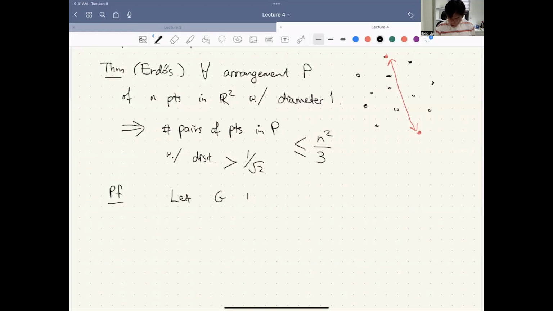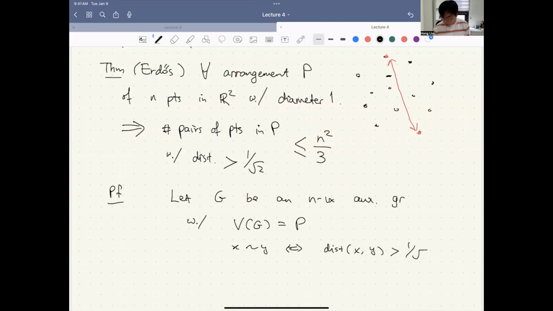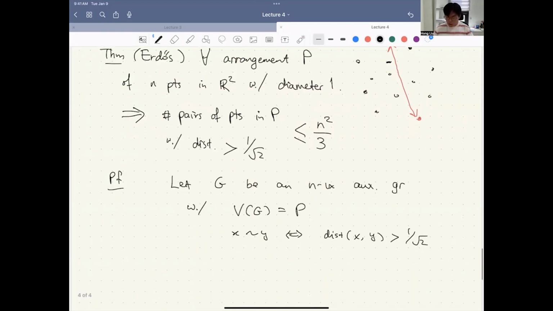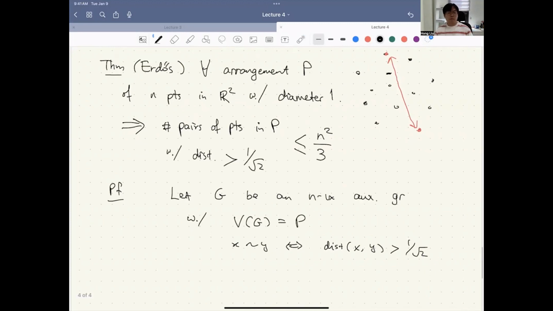Let G be an n-vertex auxiliary graph with vertex set V(G) equal to P. Every point is a vertex, and X is adjacent to Y in P, two points, if and only if the distance between X and Y is strictly bigger than square root of 1 over 2. Okay? By building this auxiliary graph, our task is now, it suffices to show,